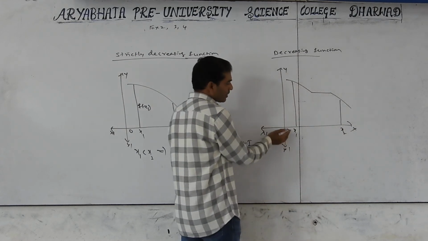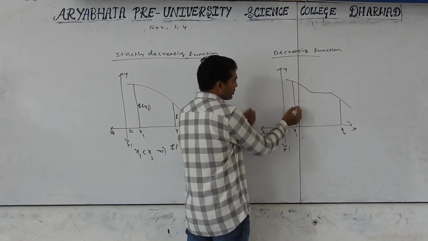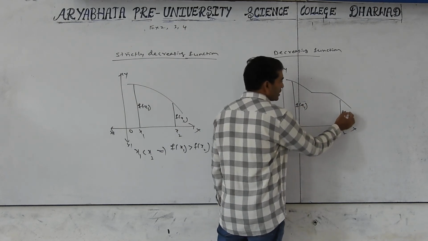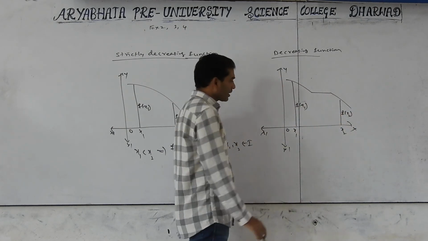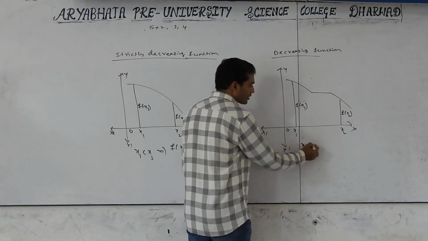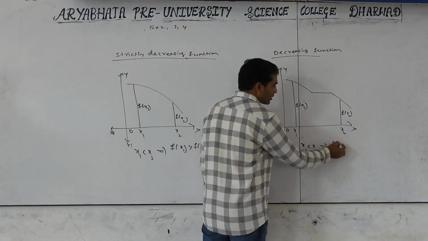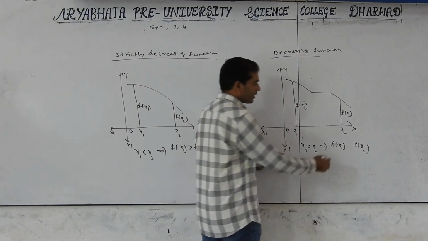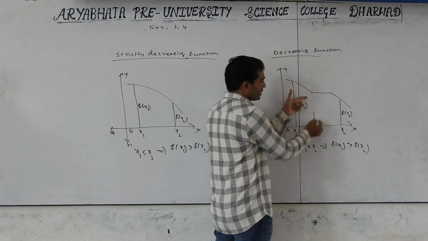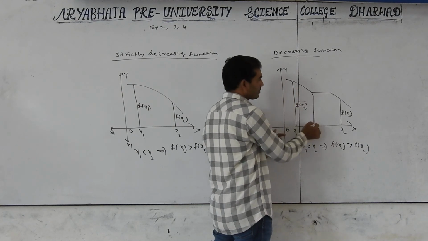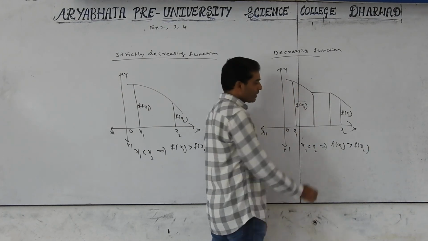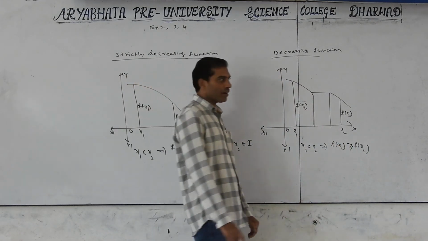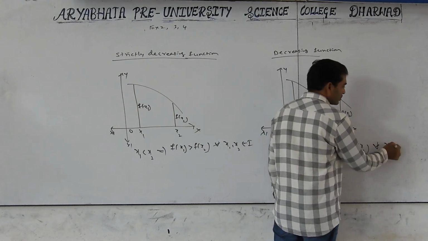At x1, the range is f of x1. At x2, the range is f of x2. If x1 less than x2, tell me the relation between f of x1 and f of x2: greater than. But in this case, both may be equal. So f of x1 greater than or equal to f of x2, for all x1, x2 belonging to